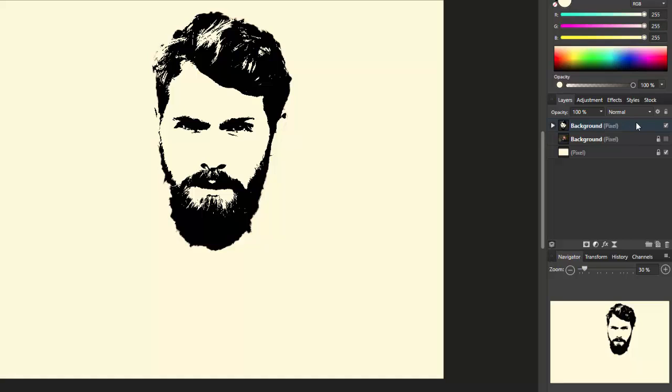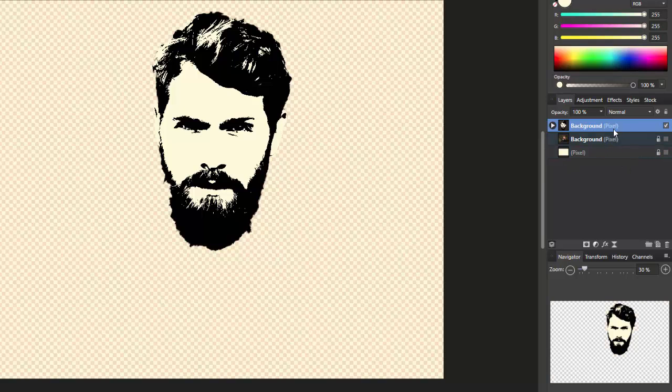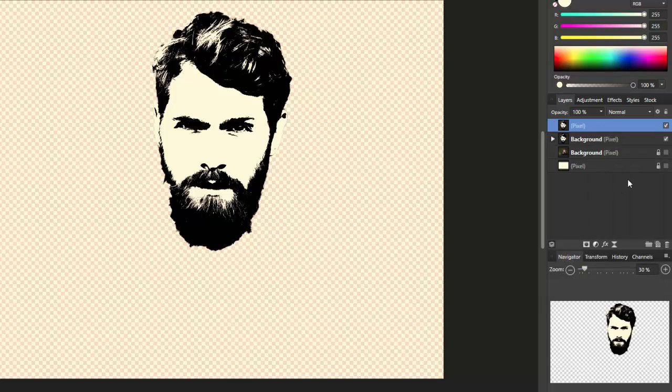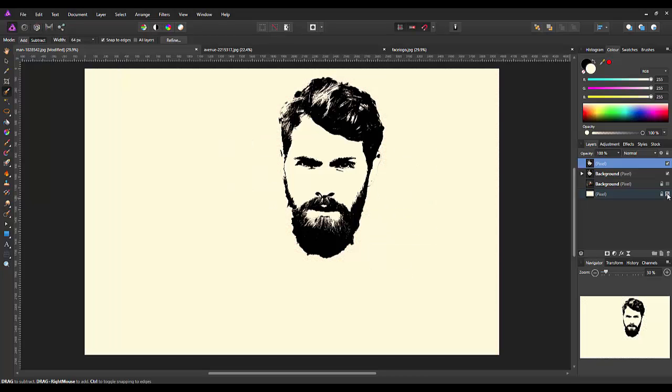So now what I want to do, I'll click on this face layer here, and I will right click. Hang on, first of all I need to hide the white layer, and then I will right click this and merge visible. So as only that layer and the adjustment were the ones visible, they will now be merged in their own right at the top. Right, I can now unhide this white layer, but this top layer is still the one that is highlighted,